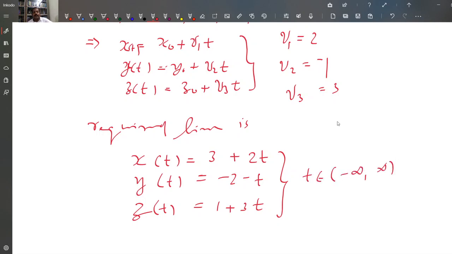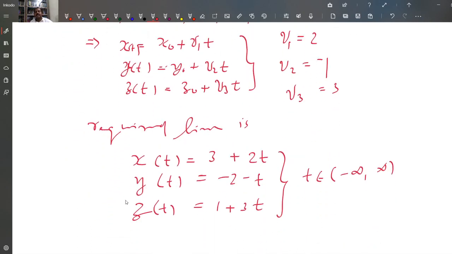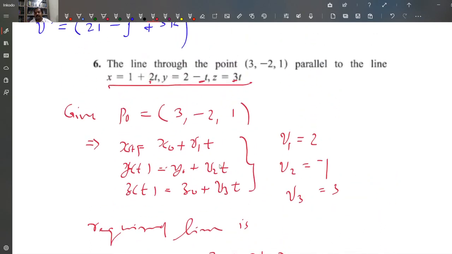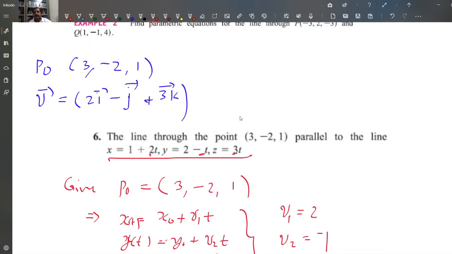So what we have done is, from the given line, you find the required vector parallel to the line passing through (3, -2, 1). So this is the parametric equation of the line. Our problem is to find the parametric equation of the line. So the question is like this: find the parametric equation of